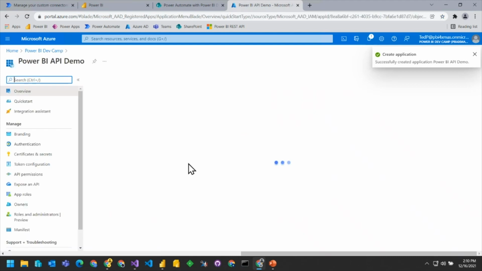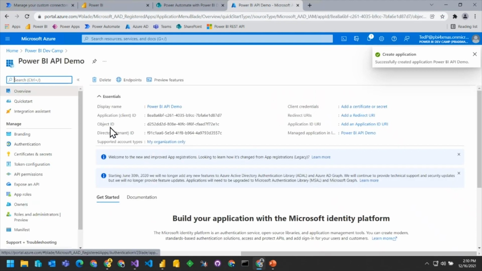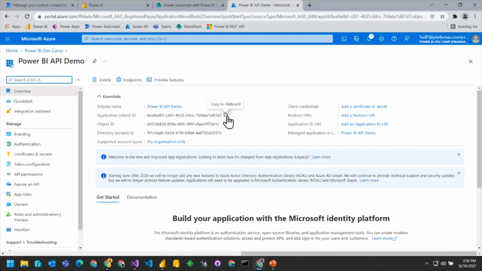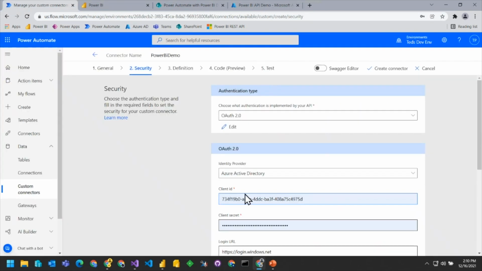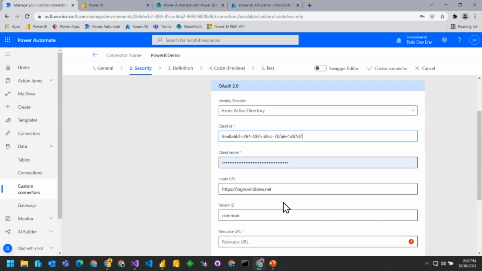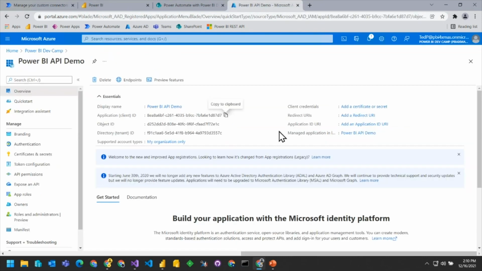At this point, I've created this new Azure AD application. One thing I'm going to do is grab the application ID. Okay, now let's go back to the custom connector that we're creating, and what is the client ID? The application ID. Great. The next thing we need is an application secret. To quickly demo how to create one of those, let's go back to the application.